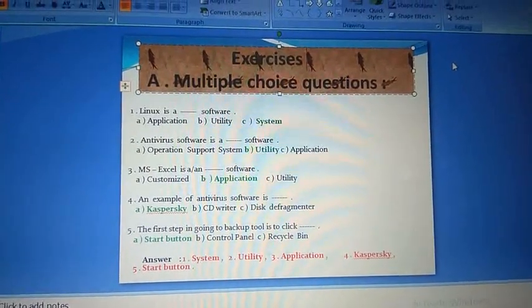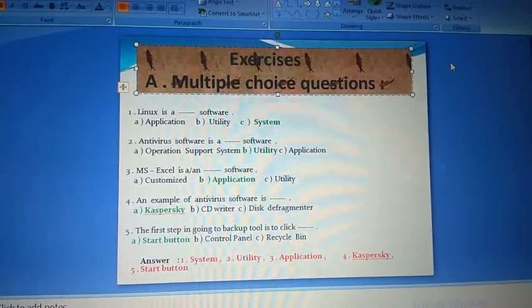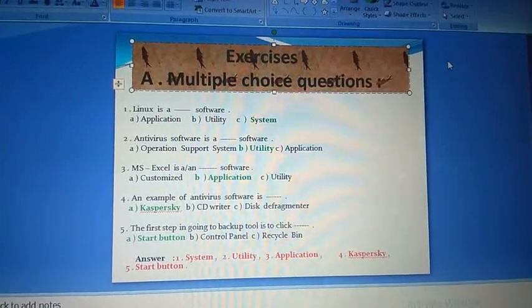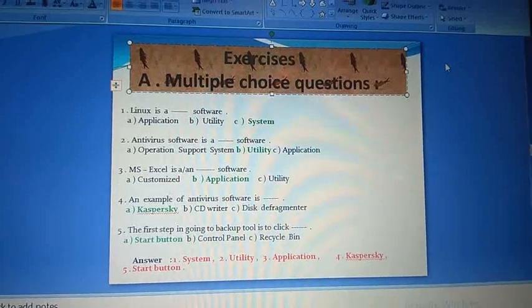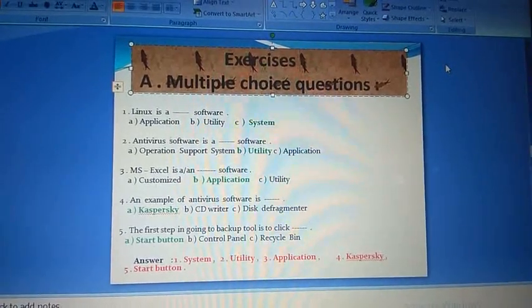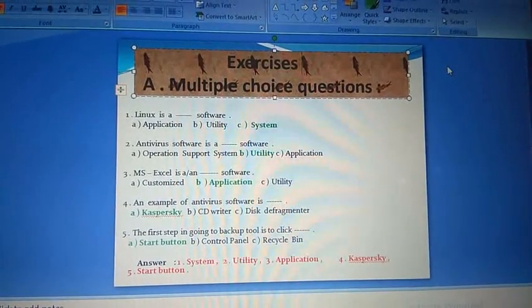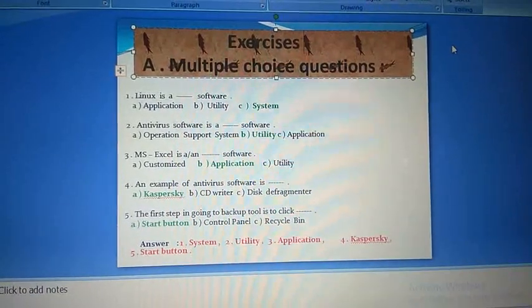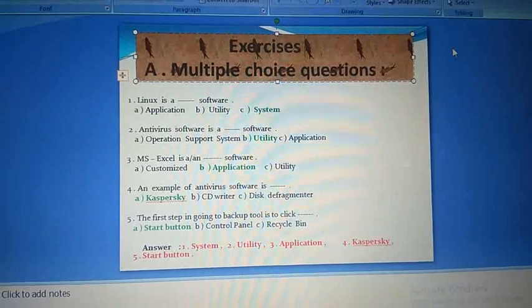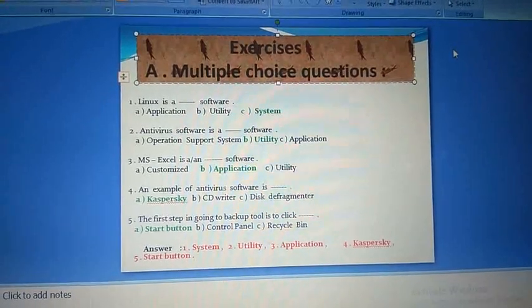Second one, antivirus software is a dash software. A, operation support. B, system. C, utility. D, application. The second answer is utility software.